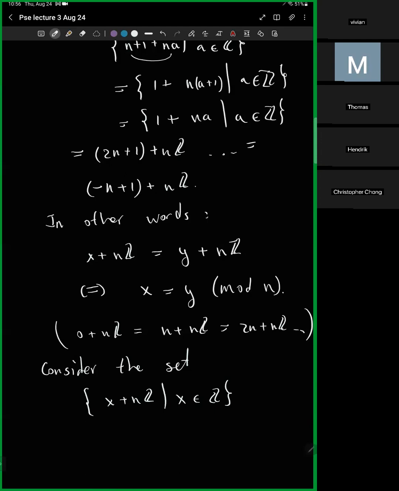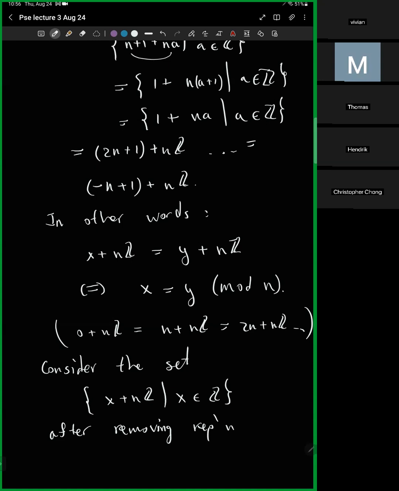Remember that when we describe a set, the order of the elements doesn't matter, and we also remove repetitions. And here is a key example where you need to remove repetitions. So after removing repetitions,